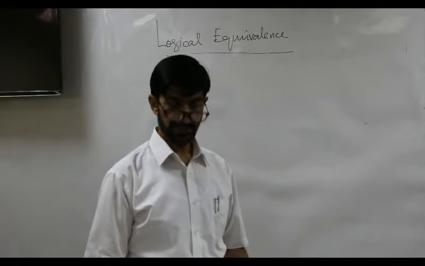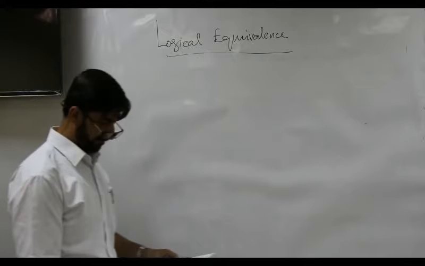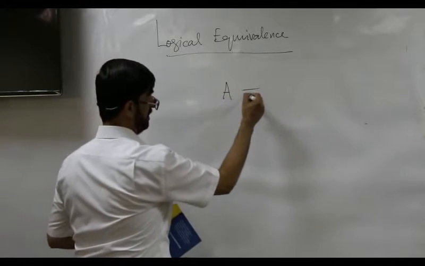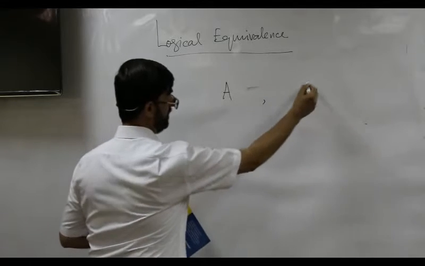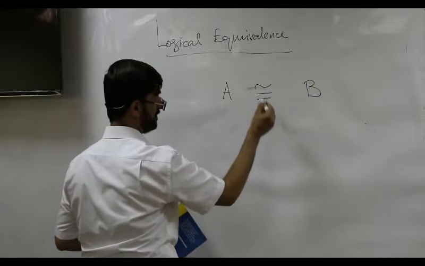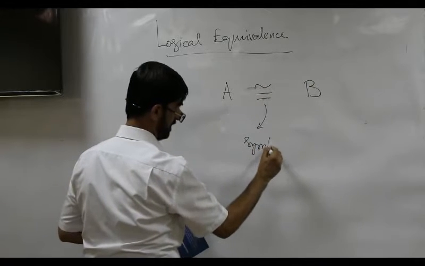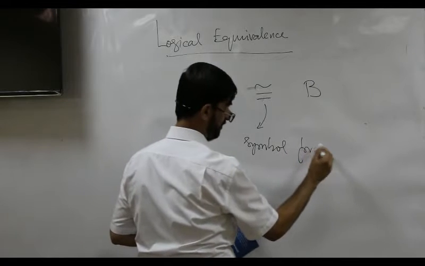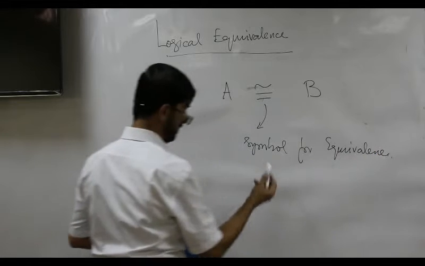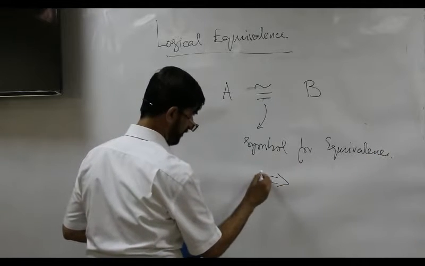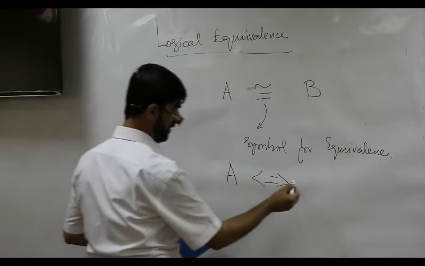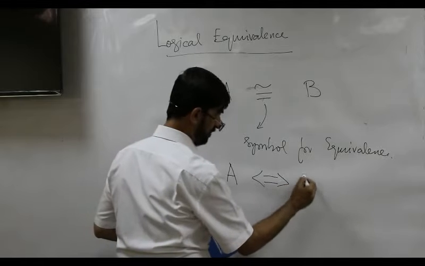Students, our today's topic is logical equivalence. The two compound propositions A and compound proposition B are logically equivalent. This is a symbol for equivalence. We can also use this symbol for logical equivalence, that is, compound proposition A is logically equivalent to compound